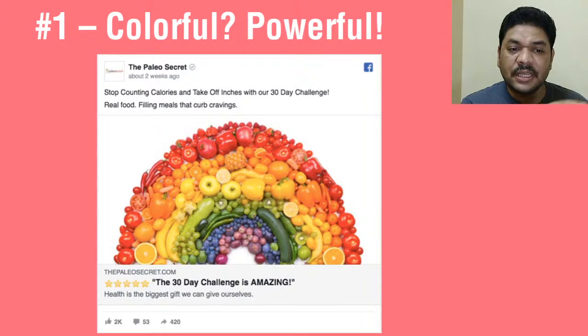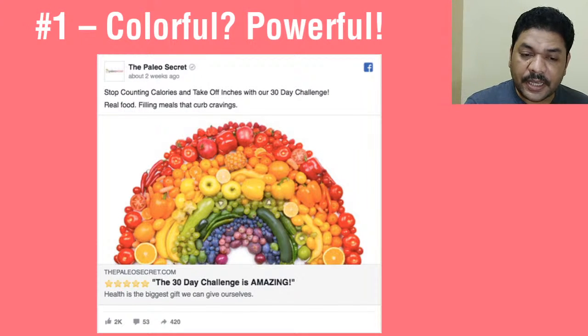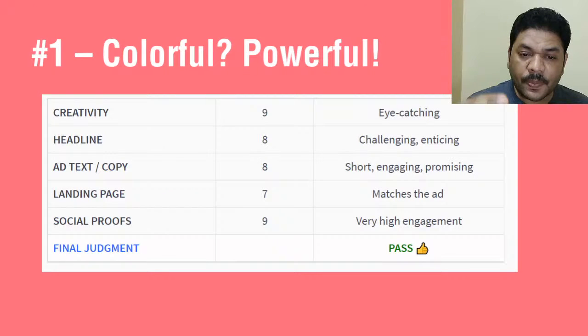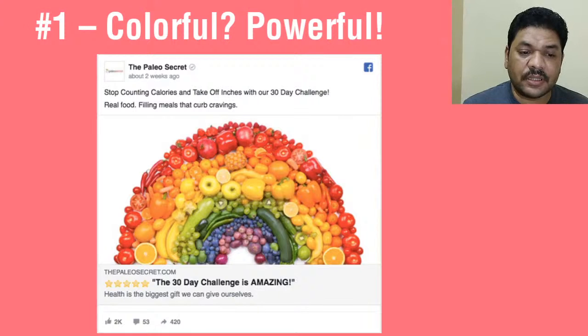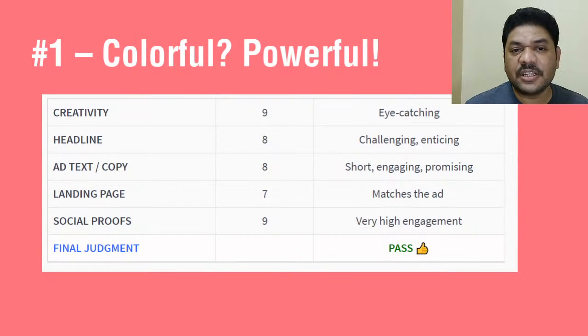It's engaging because from start to end there is no break in the words. So engaging is good, our creative is good, our ad title is good, and the copy is good. Everything is good, and there is a good landing page for more information. The social proof is also given below as star ratings. Ultimately, the final judgment is that it's good.